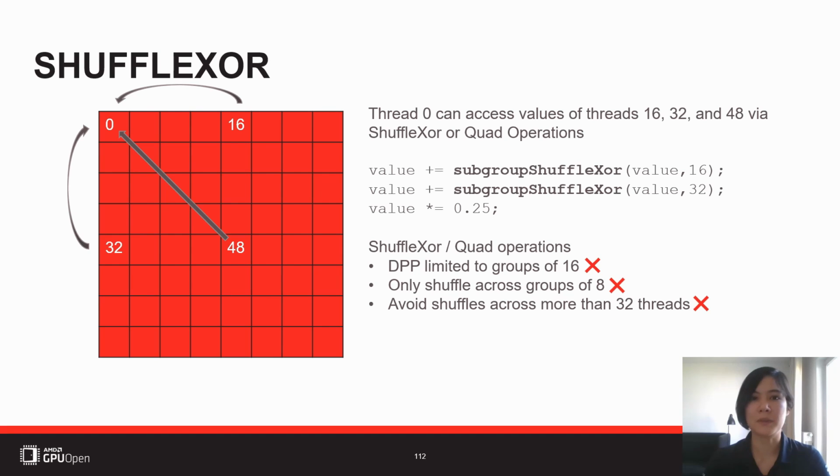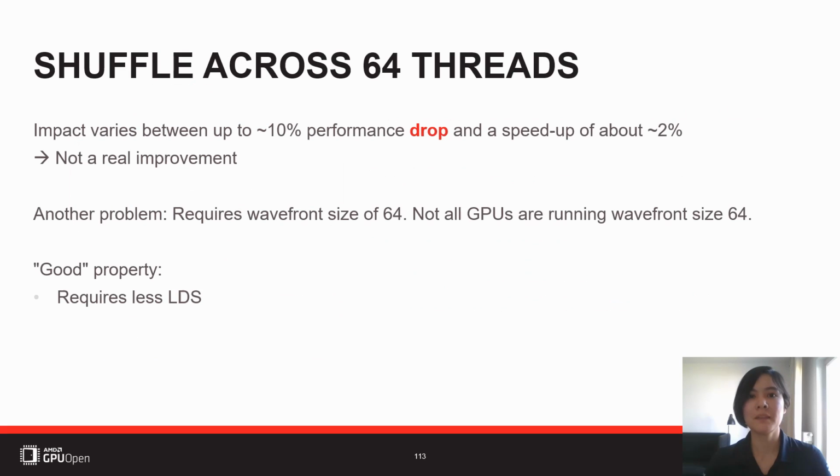And as I briefly already mentioned, it's using some really weird if and else branches, read first line, and yeah, the code looked quite horrible when I looked at it. But now let's also look at the performance, and the performance wasn't stunning either. Sometimes there was actually a small performance increase, but this also could be some inaccuracies during the measuring process. But the bad part was that in many cases I actually observed a performance drop of about 10%. So this was in total not a real improvement.